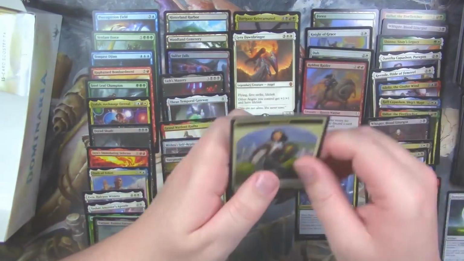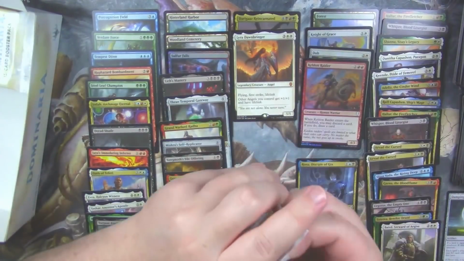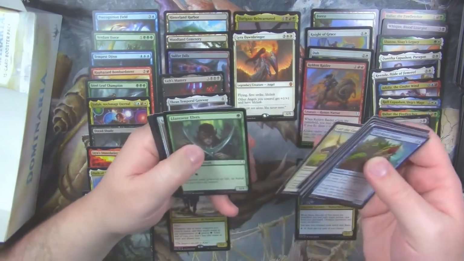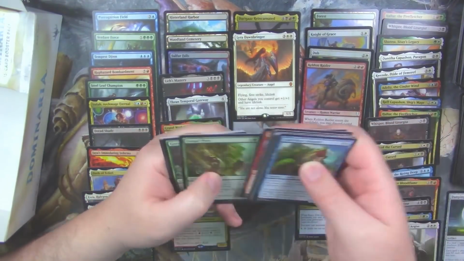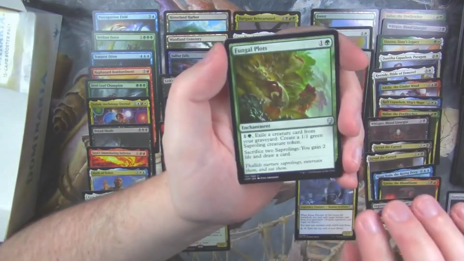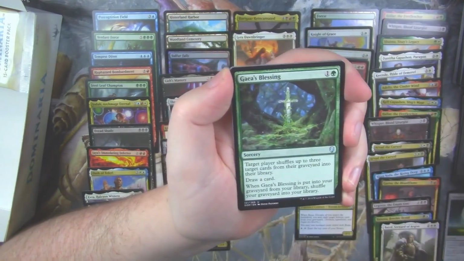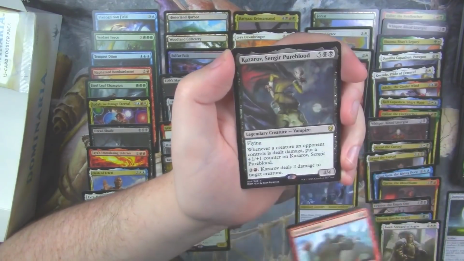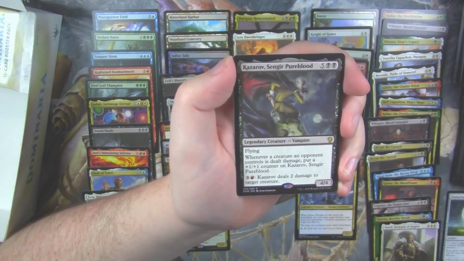She's back, baby. All right, last third of the box. We've only hit two mythics, which to me seems low, but I have no idea, since this is the first box I'm opening. Fungal Plots, Gaia's Blessing, Orcish Vandal, and Kazarov,